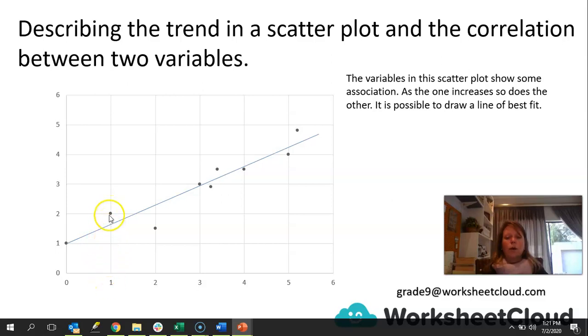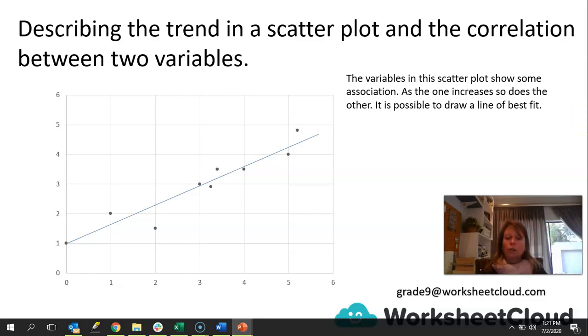In this case, it is 1 and 2. Our x value is 1 and our y value is 2. Here, our x value is 1.5 and our y value is also 1.5. And so you can see how they are scattered all over the graph. We're not going to try and join them by using a solid line because they are different. They're actually just scattered points, but we can say they have a relationship, and the relationship is